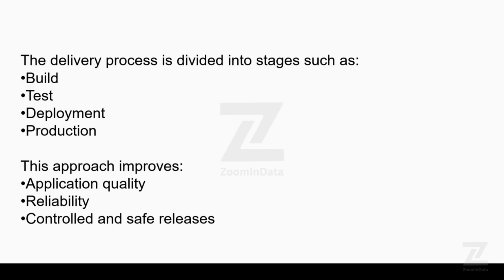In real-world projects, multi-stage pipelines help teams detect issues early and reduce deployment risks. The build stage ensures the application compiles correctly and dependencies are installed. The test stage validates the application using automated tests to catch bugs before deployment. The production stages are separated into environments such as development and production, allowing teams to deploy safely and approve where required. This structured approach ensures that only tested and validated code reaches production, which is a critical requirement in enterprise-level